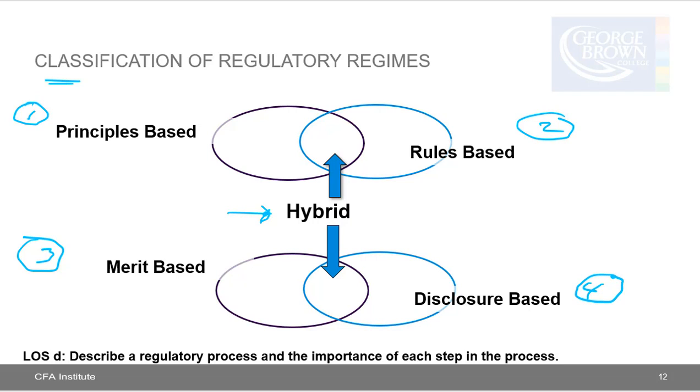Merit-based, protect investors, limiting the products, okay? For example, investing in hedge funds is usually restricted to investors that have a certain level of resources and or expertise. Disclosure-based regulation seeks to determine not whether the investment will be good or bad for investors, but only whether all material information is disclosed to the investor. This regulation assumes that properly informed investors can make their own determinations regarding whether the potential return of investment is